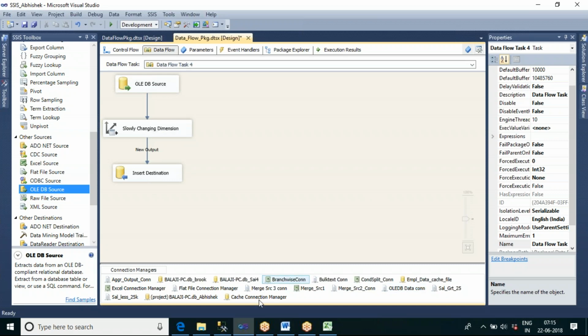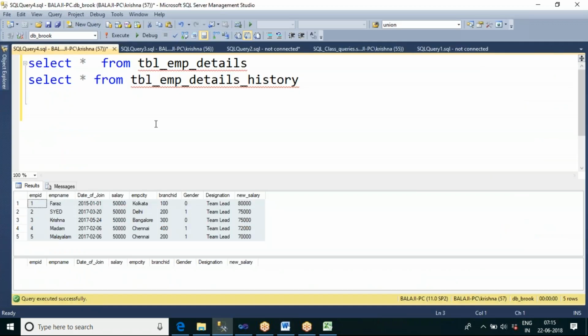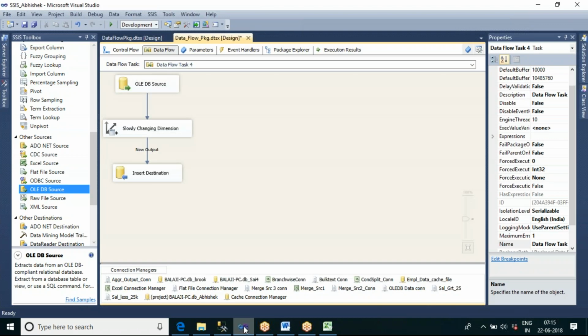Now in the source table we have some data and the historical table is empty. The first time I execute this, it will treat every record as a new record and push the data into the new output. So all 5 records will be pushed into the historical table.